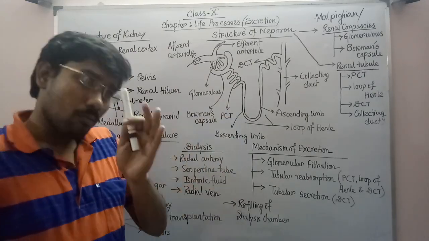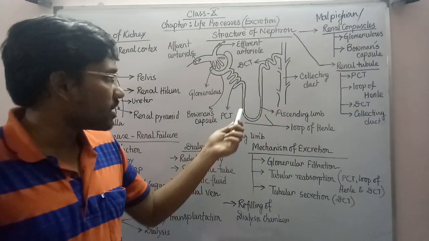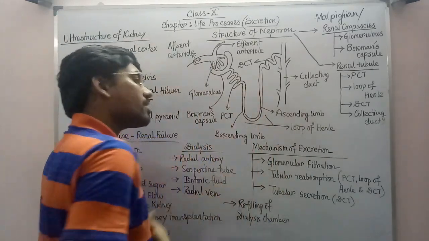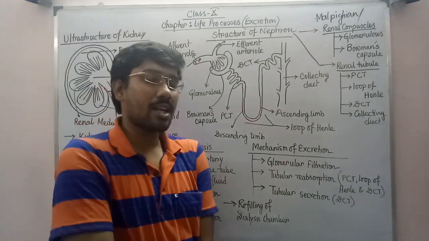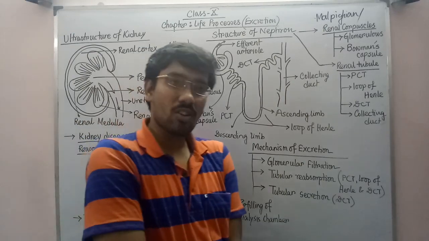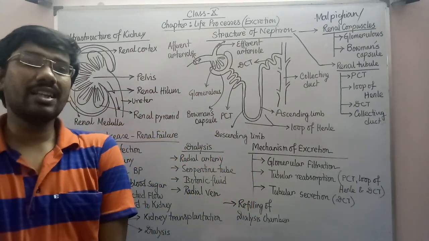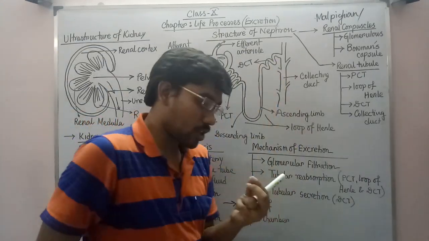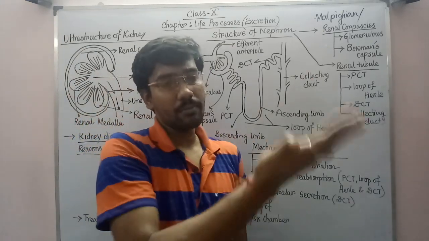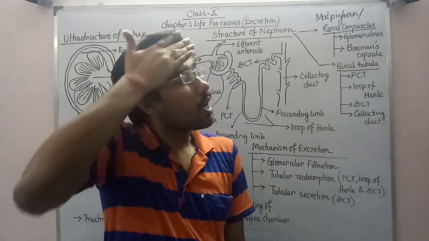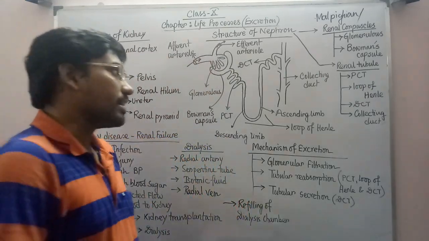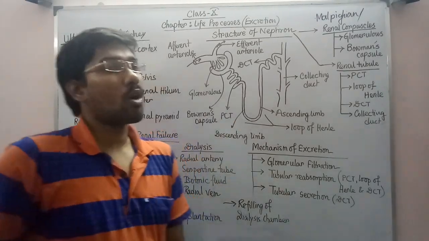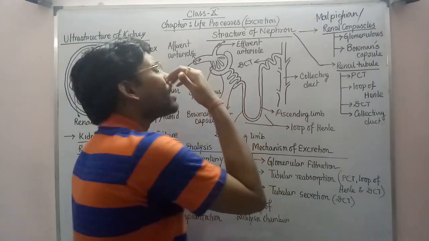In the descending limb, more water has been reabsorbed, which means the concentration has increased more. Now when the ascending limb has come, through the ascending limb of the loop of Henle so many salt ions, anions and cations, have been absorbed. That means when the salt has gone from the urine, automatically the concentration of the urine will again start reducing. Now when the DCT portion has come, again the water reabsorption occurs, and for that reason the concentration of the urine increases. Now when it has come to the collecting duct region, the reabsorption of the water is continuously going on, and for that reason the concentration of the urine has increased more.